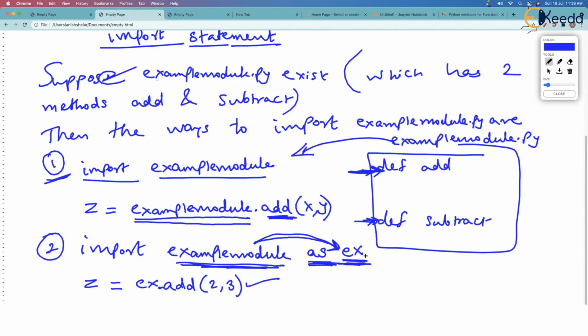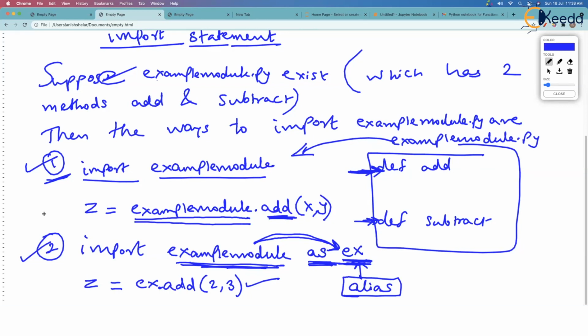This is many times called an alias. Alias is an English dictionary word which actually means another name given to someone. So the actual name was example module. We have given it another name, ex, and now we are calling functions by that name. So this is a preferred approach over this, but both are correct.